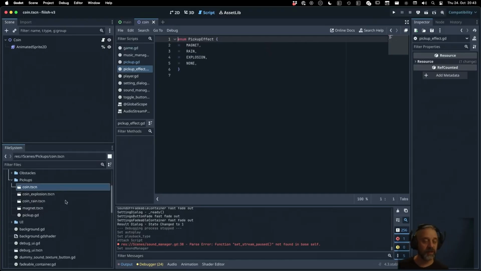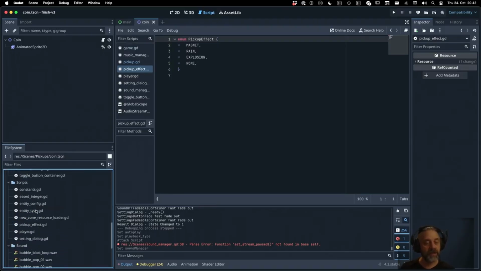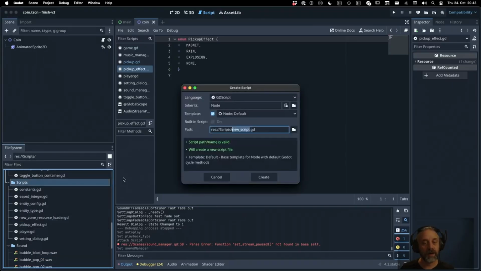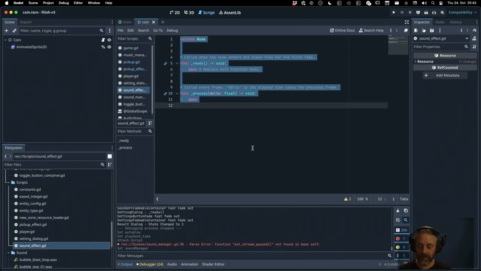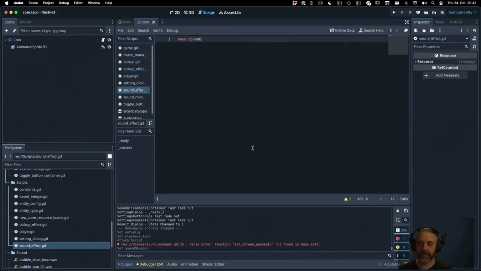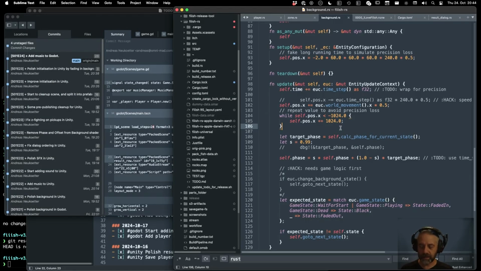Let's go the enum route, right? Because we want to get done with this. And I think its pickup effect is here, right? So we create a new script and say sound effect. Let's use the same way. I'm not so happy about this, right, and the sound effects are, we just look at